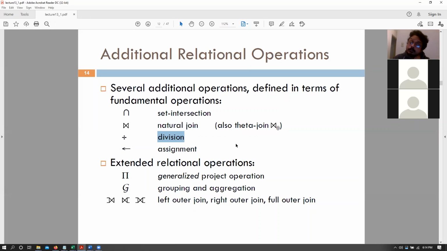Remember, we talked about the division operation in terms of puzzles and who played what puzzle, and getting all the puzzles that are done with all. So you get me users that have completed all puzzles, right? And the assignment operation, we had the project operation and the grouping and aggregation operations. And now comes the scary bit, that is left, right, and full outer joins, right? So I have been getting a lot of questions about joins. So joins are pretty simple, right?